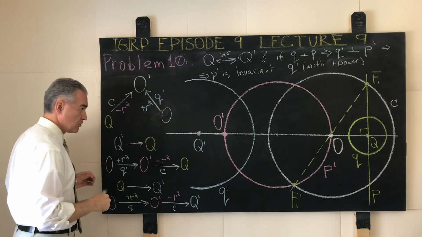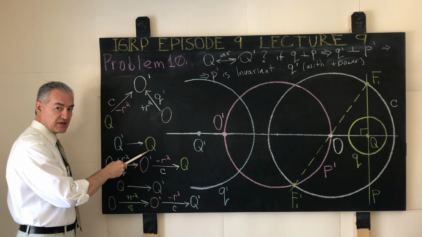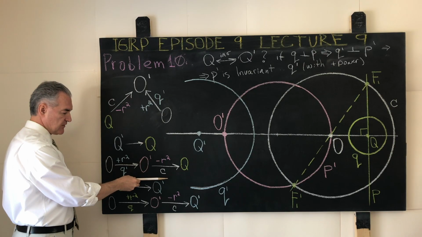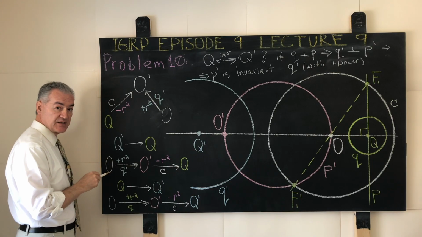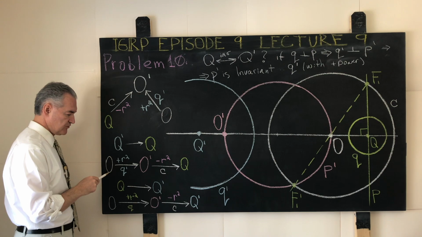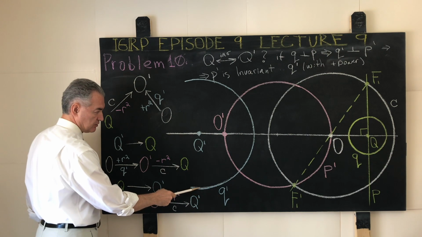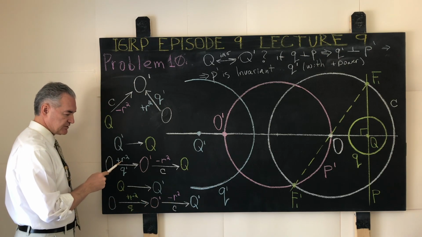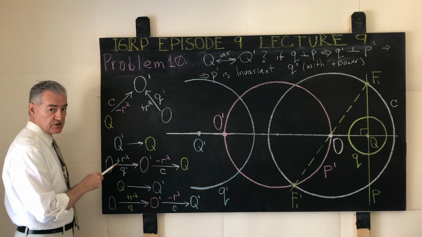In other words, if we know the location of the point Q prime, in order to synthesize or produce the location of the point Q, we execute the following composition of inversions. First, we invert the center of the circle C, our original center of inversion, if you will, in the circle lowercase q prime, with positive power. I put the lowercase r, just make sure that you understand that this is the shorthand notation for